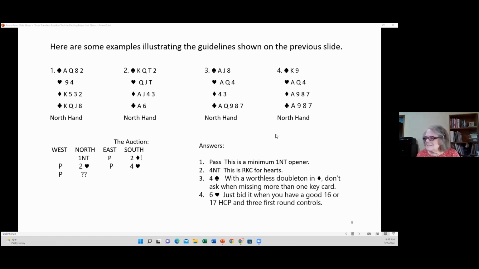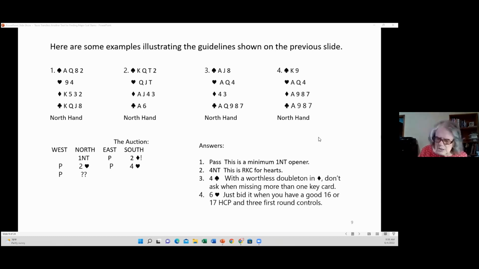Okay, this last example here shows a hand that would just bid 6 hearts. You are not on a minimum. You have a good 16 or the full 17. You have 3 first round controls. So you just bid 6. The lead's going to come up to your hand. So this hanging king here in spades is protected on the opening lead, because remember, you opened 1 no trump